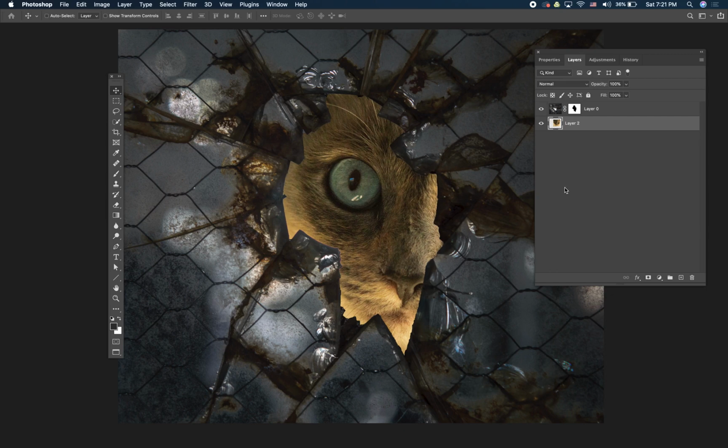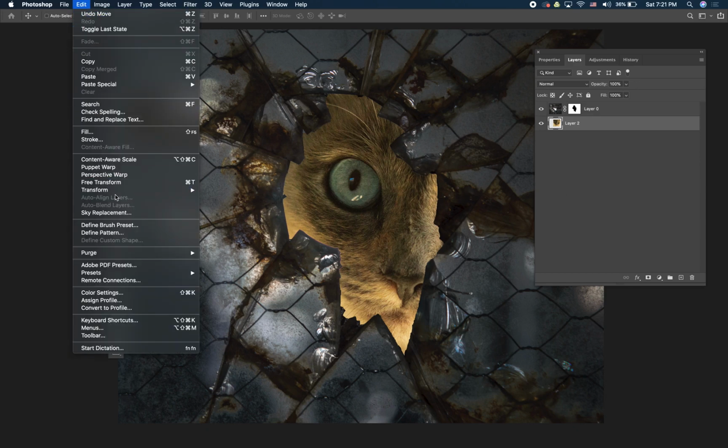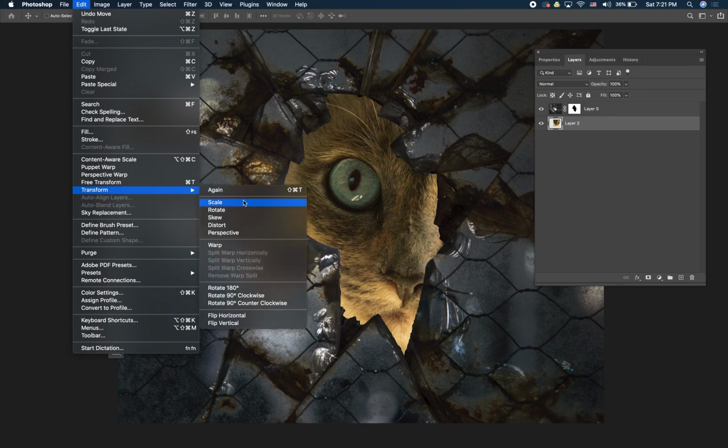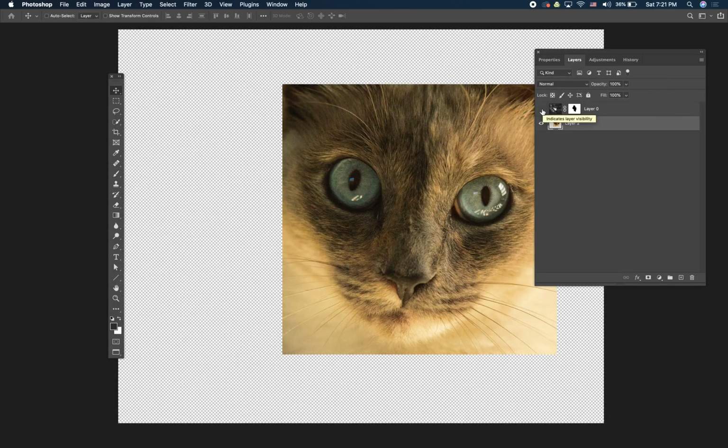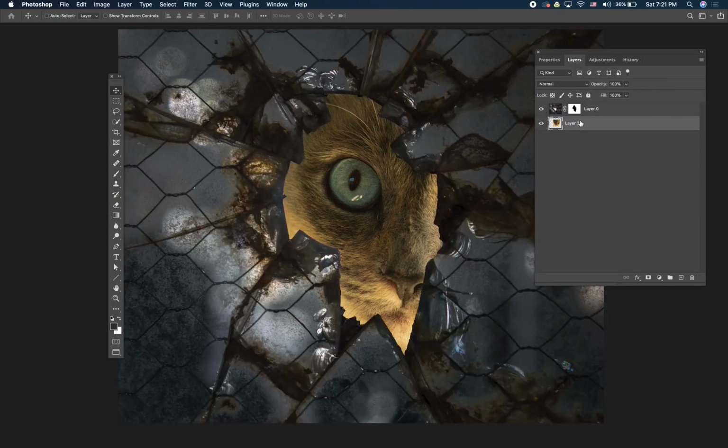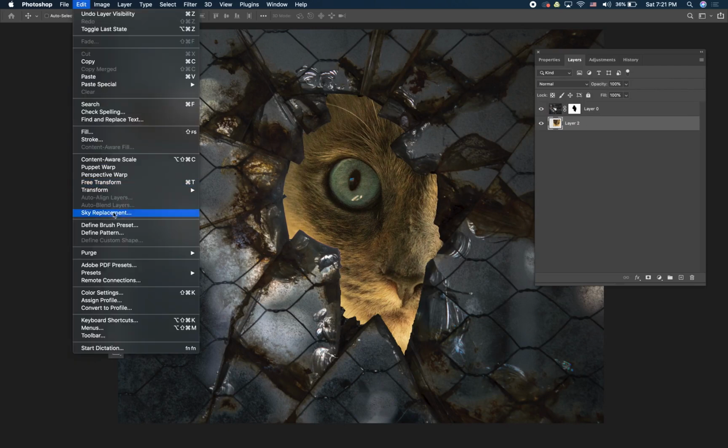So I want to show you the Transform tool. We're going to actually get into much more depth with the Transform tool, so I'm just going to show you a couple of short things in this unit. You can get to Transform by going here and to Transform, and we're just going to pick Scale. Now notice I could take this layer off, but I actually want to leave it on. If I go back to Transform,